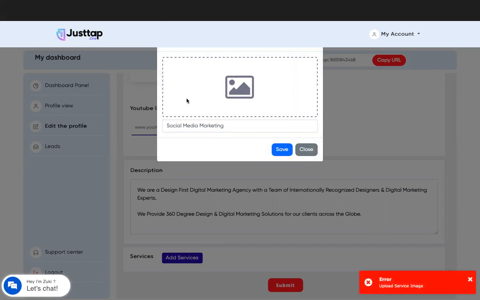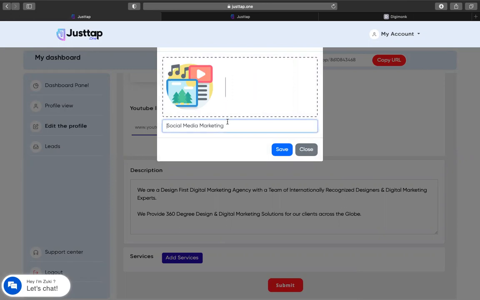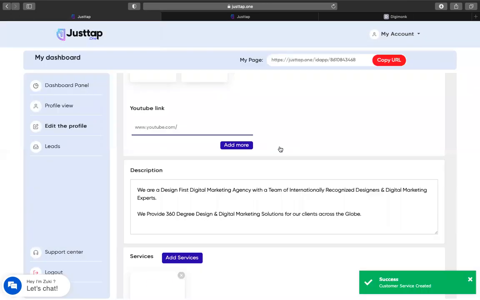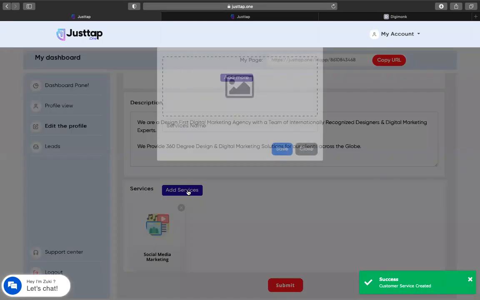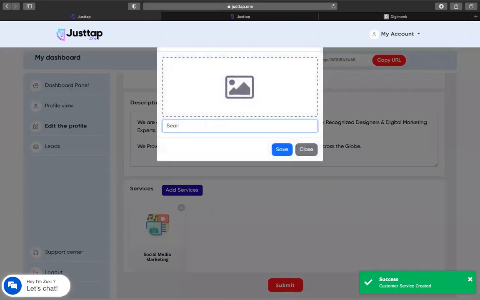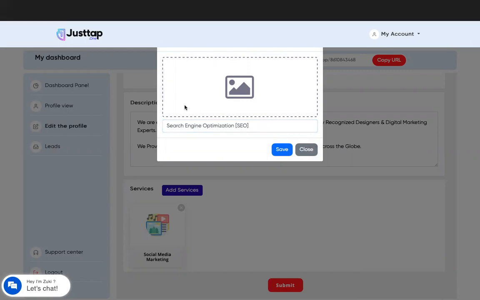So friends, whenever you are doing this, you need to add that social media marketing, ad services, search engine optimization, which is nothing but SEO. And click it here. Let me find the icon. Yes.